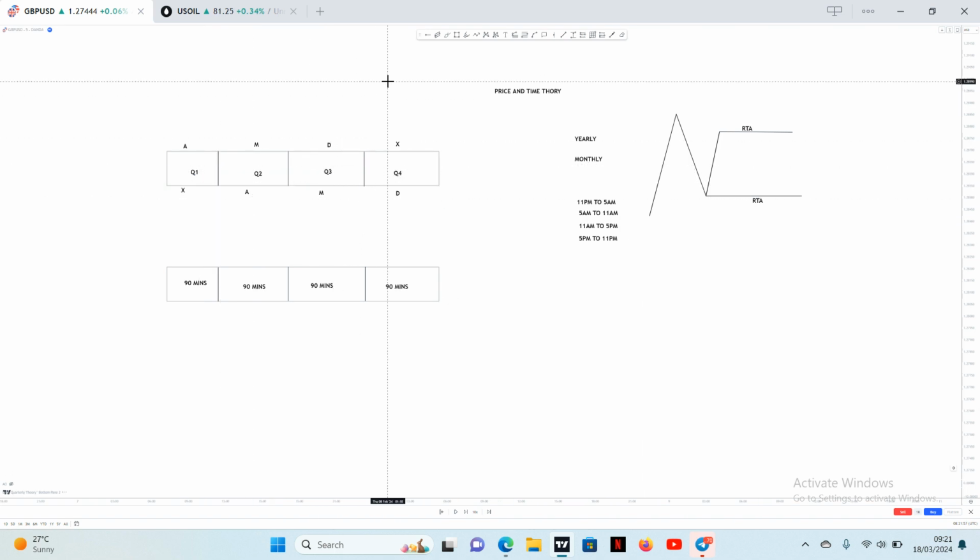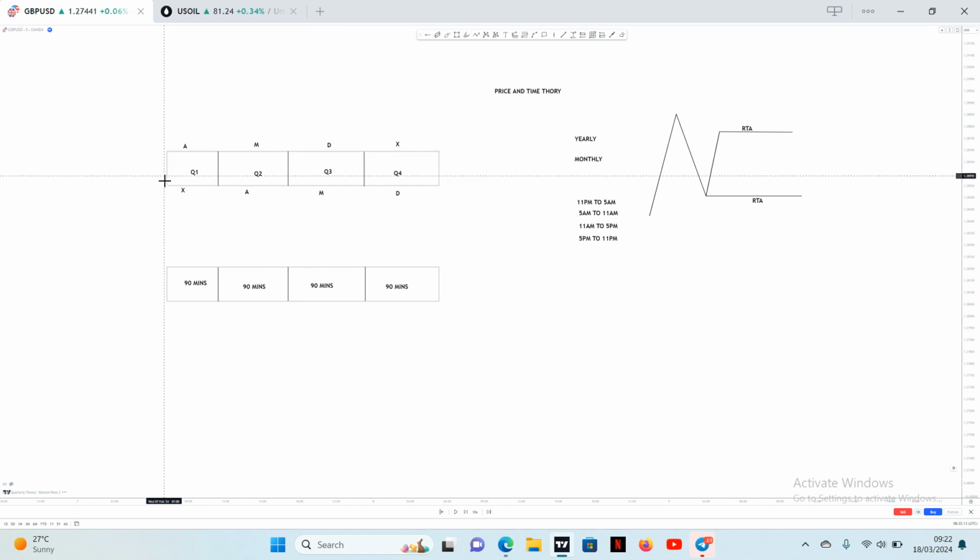Now, this is not always the case in every day because, of course, no strategy is 100% effective. But with this alone,